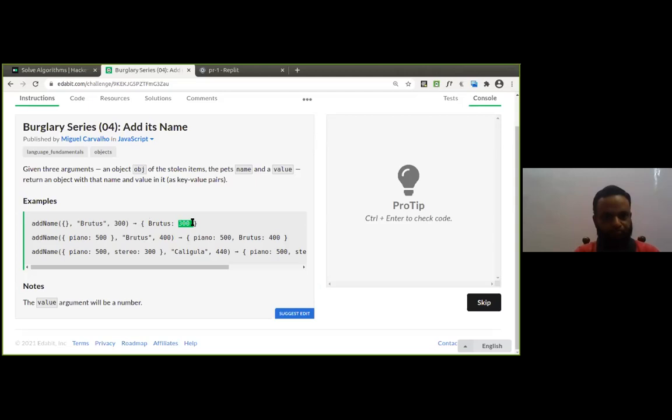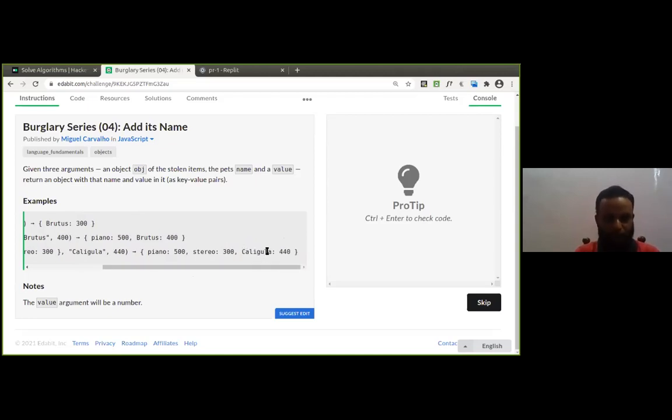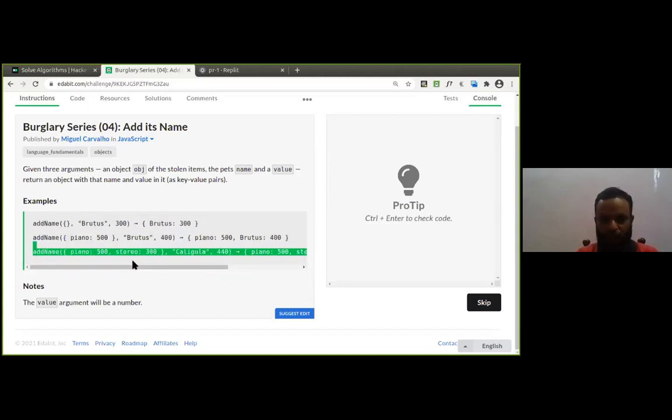That will be stored in this object. In the example, it is piano 500 and Brutus 400. In the third example, piano 0 was there and you have added the third pair, which is given as a parameter. The next two parameters are that pair. Is that clear? Have you understood the problem, everyone?